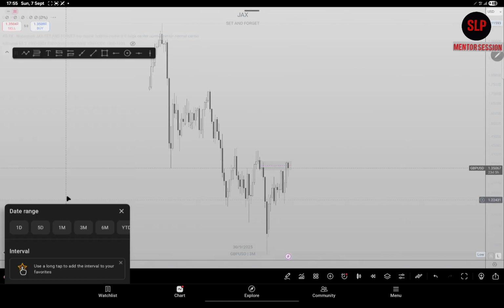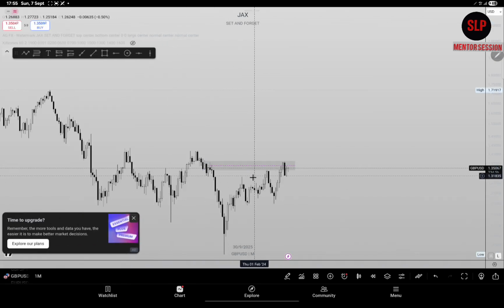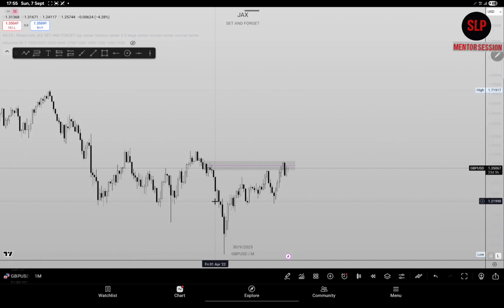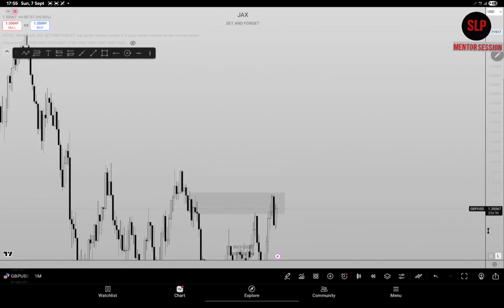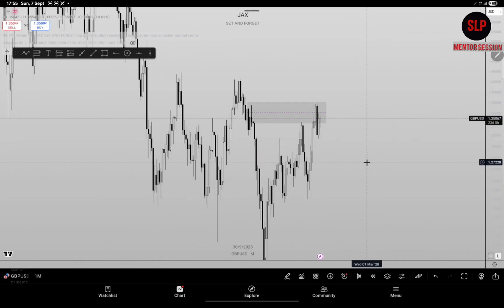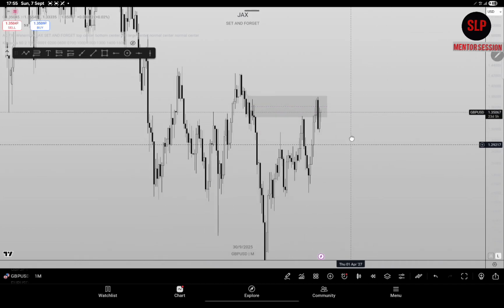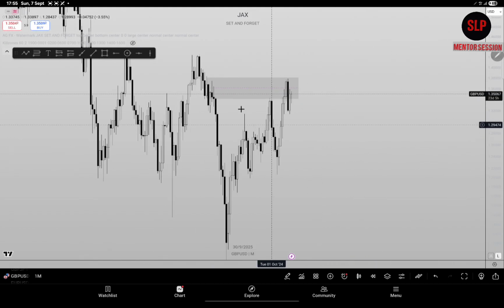So there is an engineered liquidity on my 3 month time frame. On the 1 month time frame, you can see it better. Price is actually putting in the bearish work. Price is putting in that bearish stuff. Price is putting in that bullish intent, like with the kind of engineered liquidity that this stuff is.